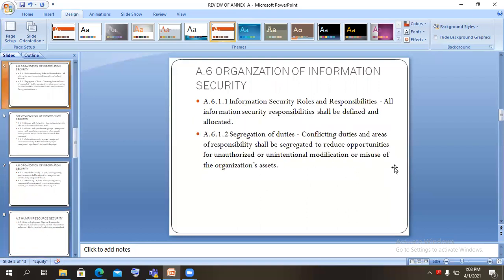So we need to have A.6.1.1, which is talking about information security roles and responsibilities. So we need to have a RACI chart. Who is responsible for information security? Who is accountable? All right, who is to be consulted? Who is to be informed as regards information security in the organization? So we need to have a chart, an organogram, an additional chart that shows clearly the role of